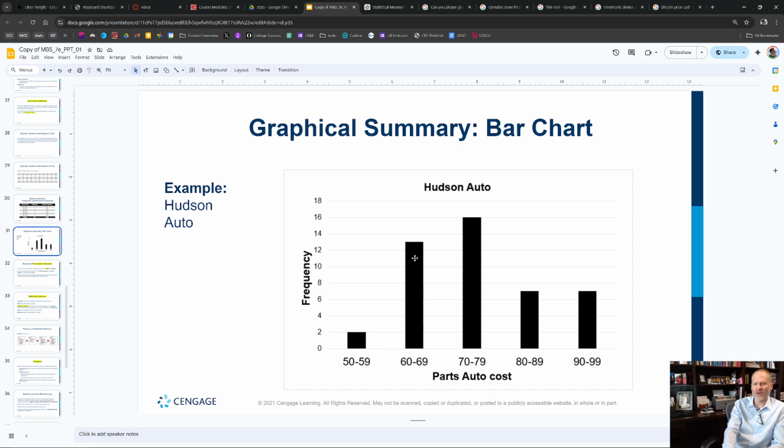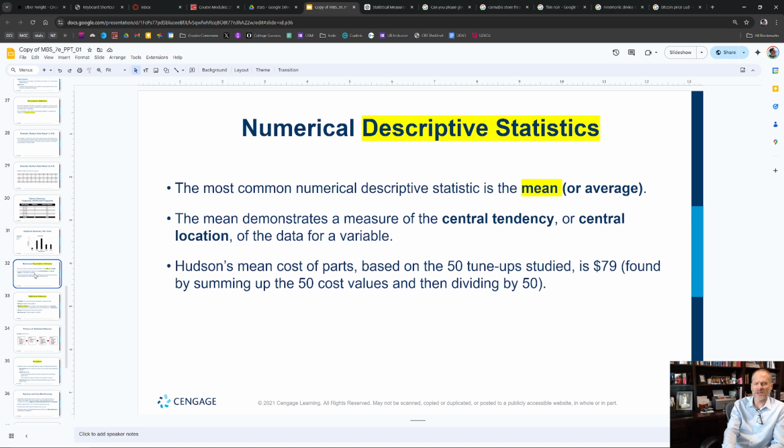But we took these categories and then we just graphed them out. 2 people, like 13 people, 16 people, right? But this gives us a visual representation, descriptive statistics, a visual representation of the cost of parts for people who come in for a tune-up when we did a sample of 50 of our customers, right? And so the entire population would be all of our customers. Our sample is just 50 of our customers. And then we make inferences from that sample about the entire population.